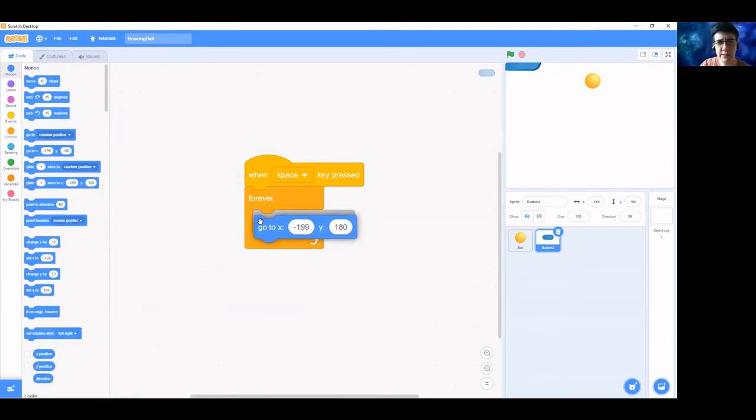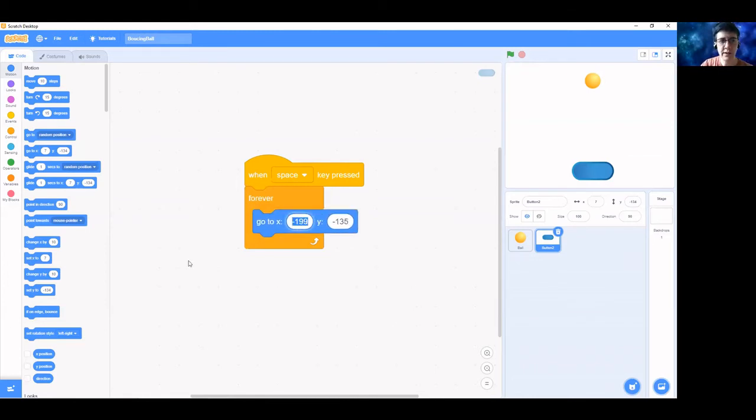So see this one here. This is a go-to, and it's got an X and Y coordinate. So X is your left and right, and Y is your up and down. Now, we want to keep the Y coordinate the same. So let's put this down to where we kind of want it. So I'm just looking at the figures over here, and it's telling me what height I'm at. So if I set that to minus 135,